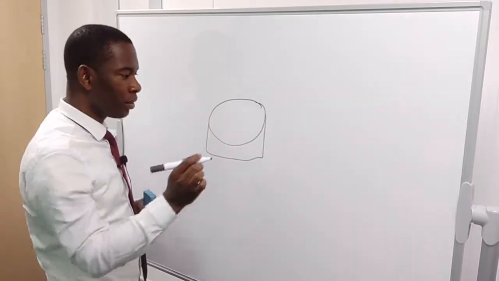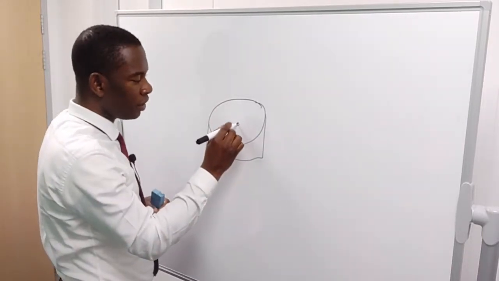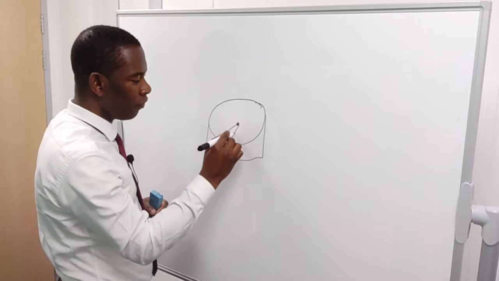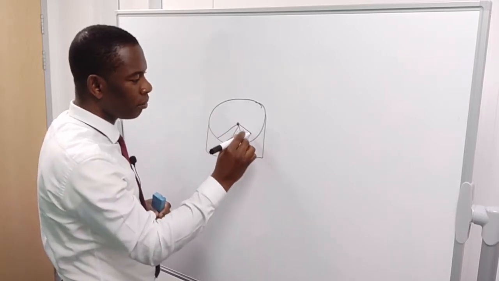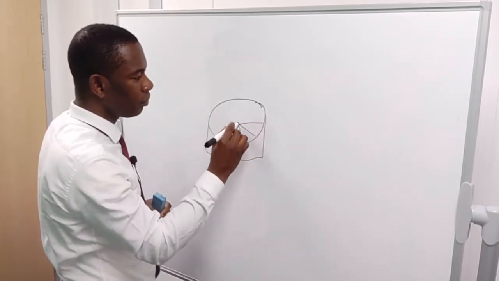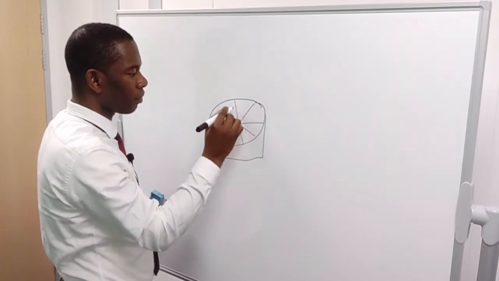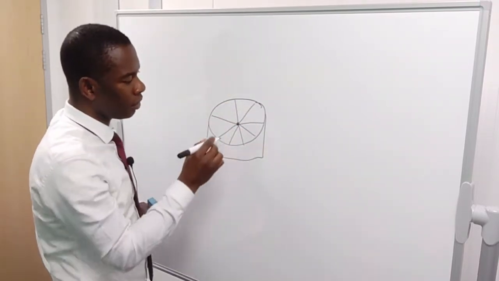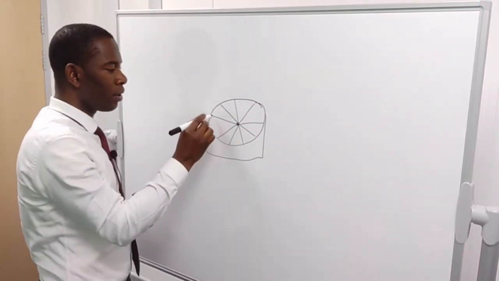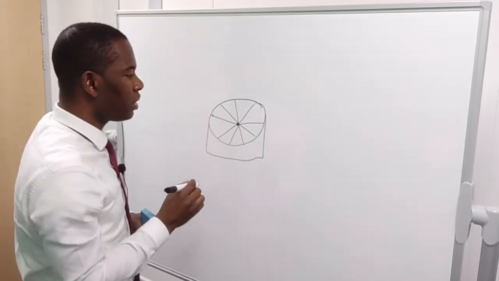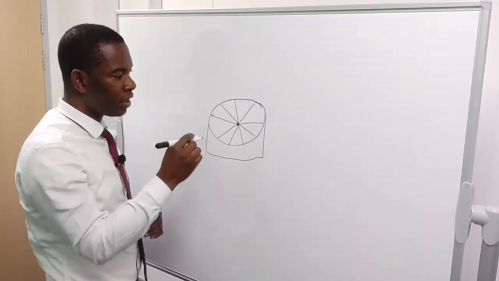You need to divide all of these into various parts. So let's say the whole of this company is divided into